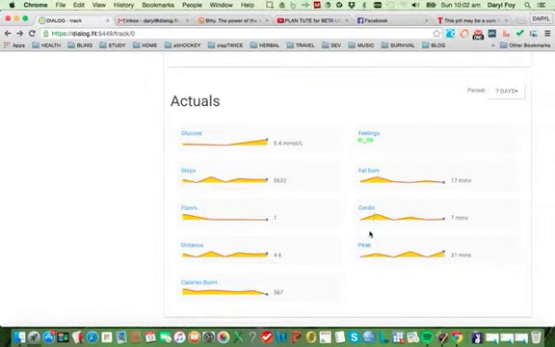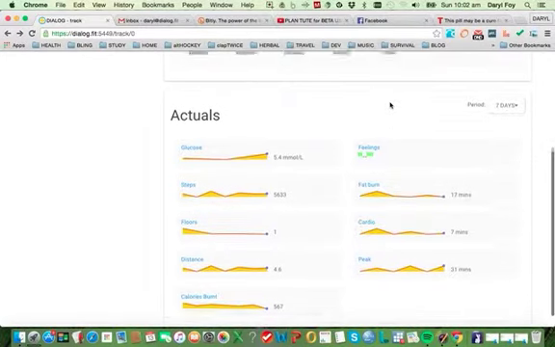Fat burn, cardio, and peak are all reflections of heart rate workout zones from your physical activity tracking devices. Over here we can pick the period we want to examine our actual data for, these being 7, 30, 90 and all days, or the entire time you've been using the system.